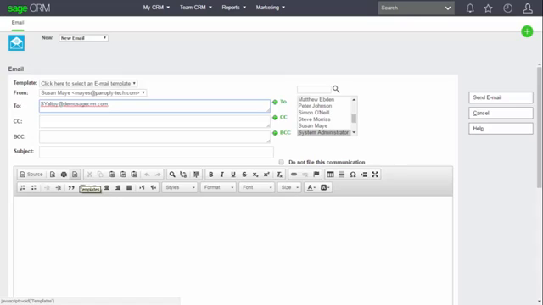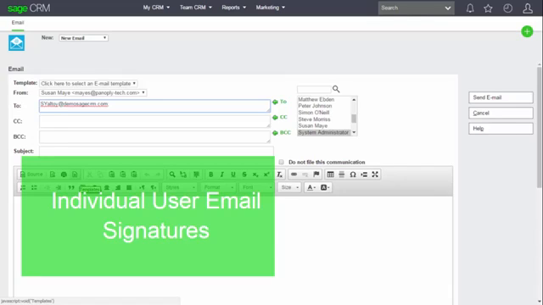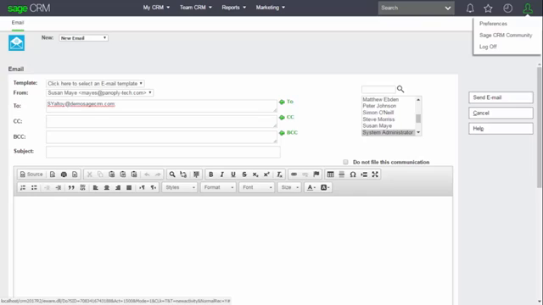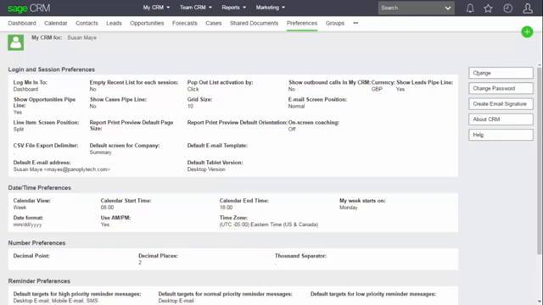And I know that there are going to be very many customers who are going to be delighted with this new feature. In addition, we've added the ability for individual users to create their own email signature, and this can be overridden by the system administrator. The users can now create their own signature for emails without the need to be an administrator or an info manager, and all the user needs to do is to go to Preferences and then find the button which says